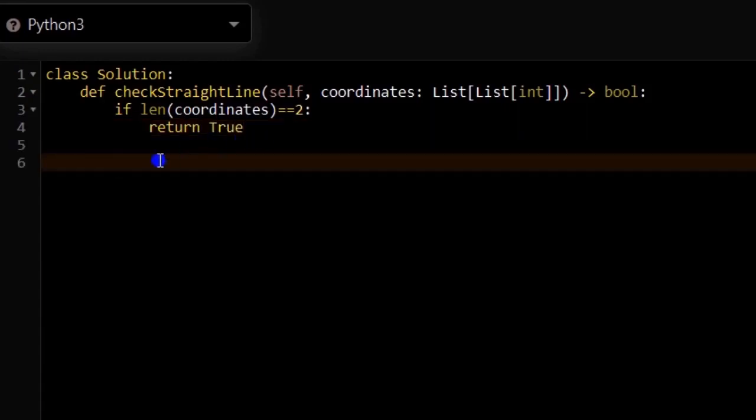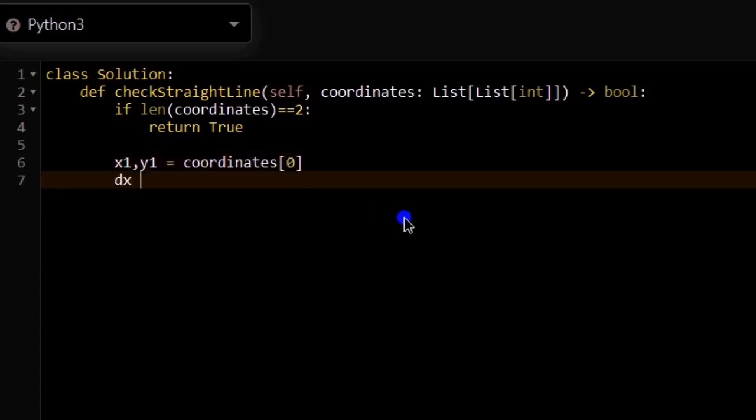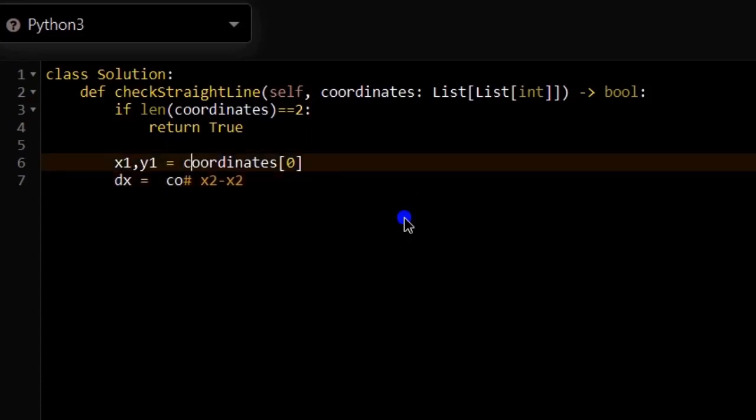So next we will find x2 minus x1 and y2 minus y1 as we have discussed, and we will call them dx and dy. First of all we find x1 comma y1, which will be the coordinates of the first point, that is index 0.